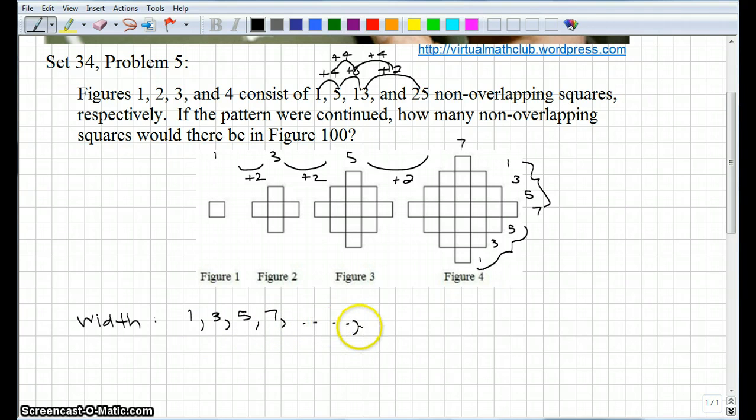So what's the 100th one going to look like? Well, essentially we take 1 and we add 2 n minus 1 times, okay? So for example, we could use this formula to figure out any of the numbers. We can figure out the 4th one, because essentially to get the 4th number in the list, we've taken the first number and added 2 to it 3 times. Okay, so this is the expression for the nth